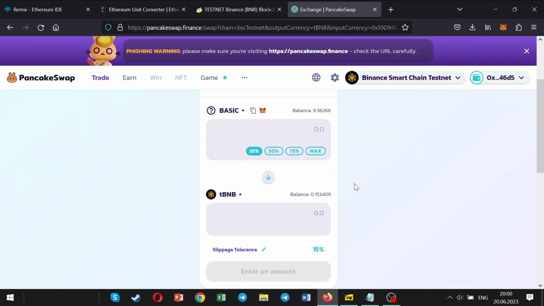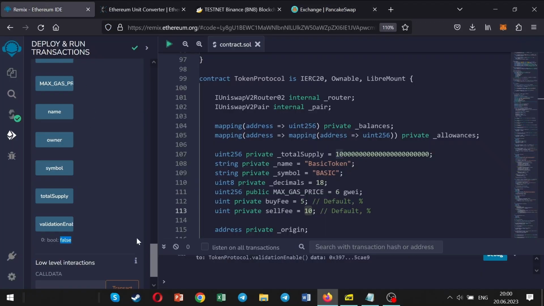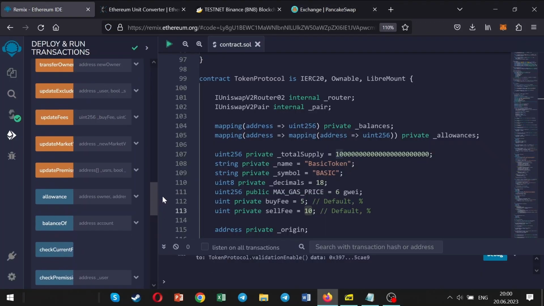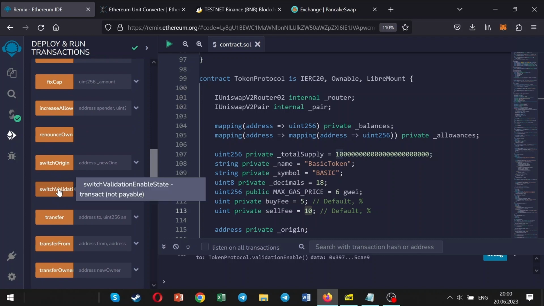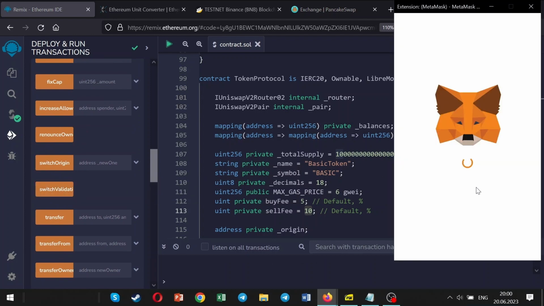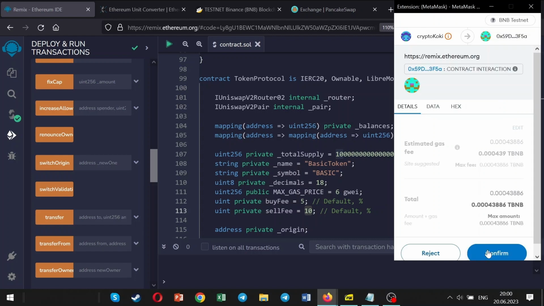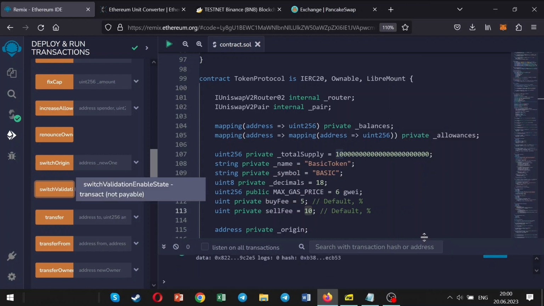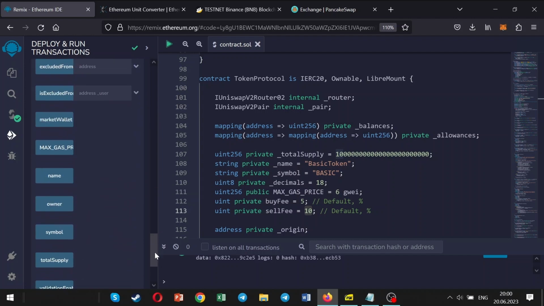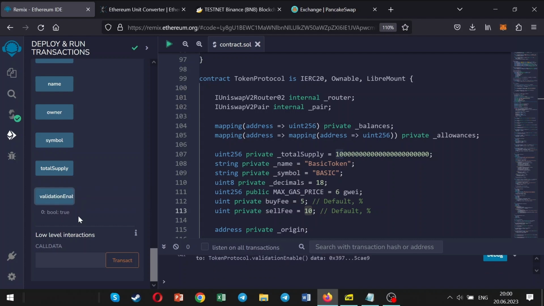Great, now let's try to enable the Honeypot feature. Go back to the Remix interface and enable it. Let's check again to be sure that it's enabled. True means that the Honeypot feature is active.